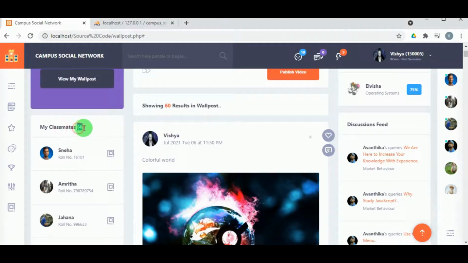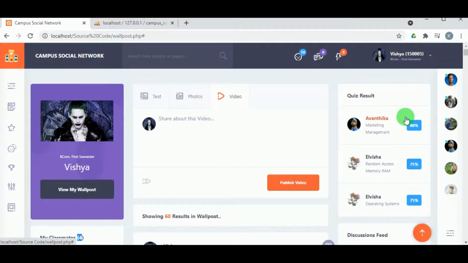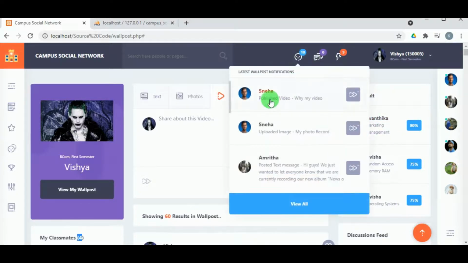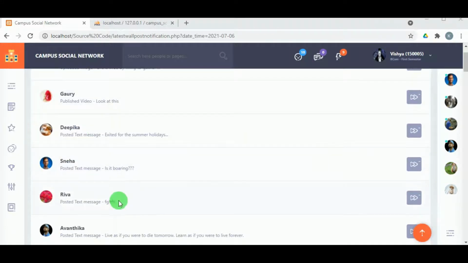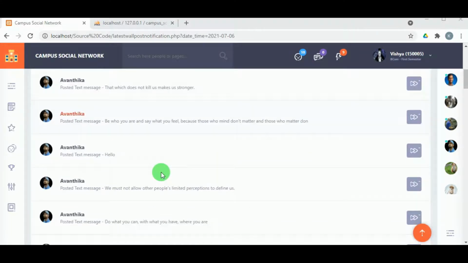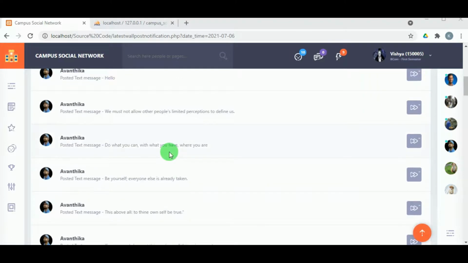The students can also view their classmates, and they can view the quiz results, where the top scorers results will be displayed. And in latest wall post notification, they can view the latest post done by their friends. So the new post of their friends can be viewed by them.